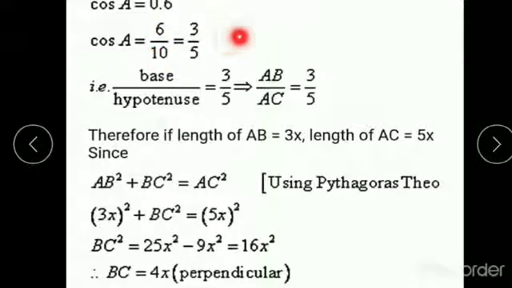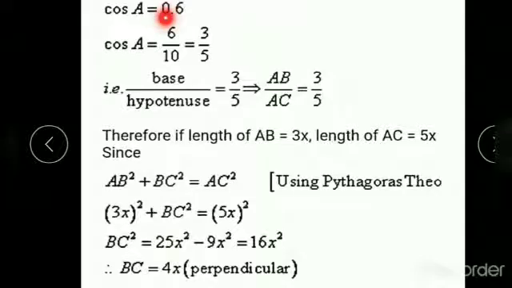If it is 0.66, how will you convert it into a rational number? You will take it as 66 divided by 1 followed by as many zeros as digits after the decimal. You have 2 digits, right? So you add 2 zeros after 1, that is 66 divided by 100. Here you have one digit after the decimal point, so you write 6 divided by 1 followed by one 0, that is divided by 10. Now you got cos A as 6 divided by 10.